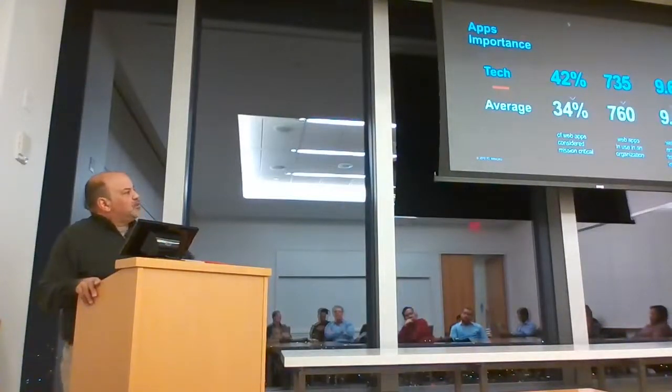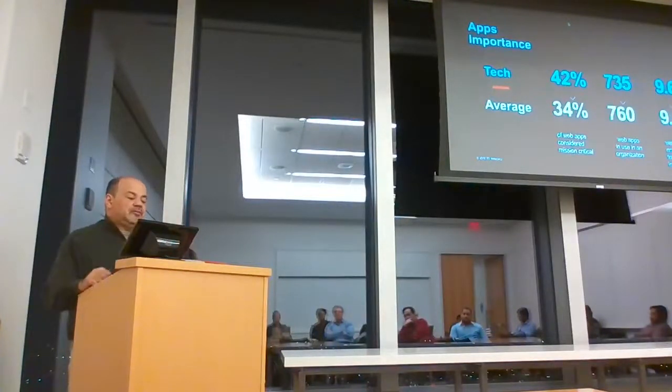That number was kind of surprising too: 760 apps on average in an organization. But if you consider Comcast and how big it is, and you look at a single department, how many apps are critical in a single department? An HR department probably has at least half a dozen things that, if they go down, people are going to be screaming about their paychecks, their PTO, their mandatory training, their promotion systems. And they're all web apps now.